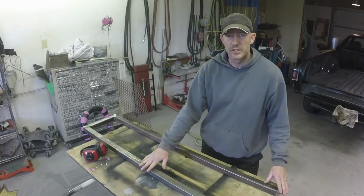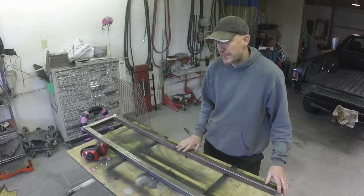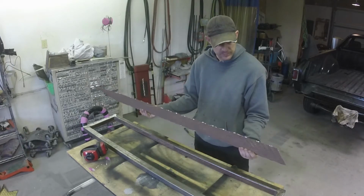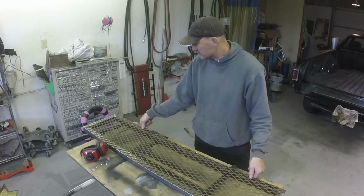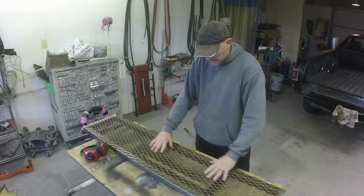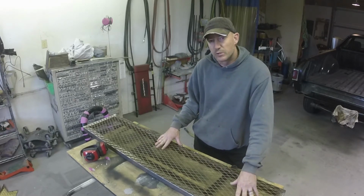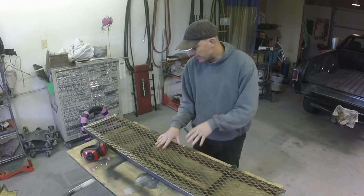Alright, so got that welded up, got the welds ground down, nice smooth finish there. Got our piece of expanded steel out of our scrap pile, and I trimmed it up so it fits right on there. Now this is kind of rusty. It's been cleaned up a little bit, but I want to try and clean as much of that rust off there as I can. So the easiest way I've found to do that